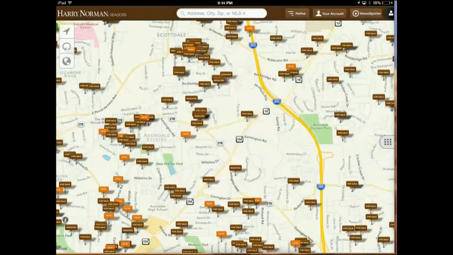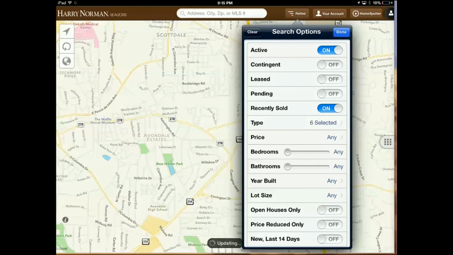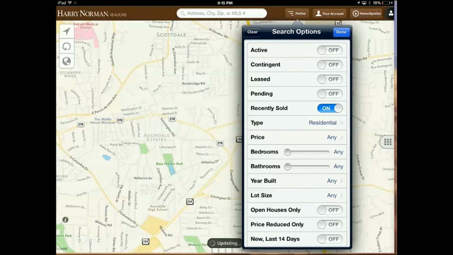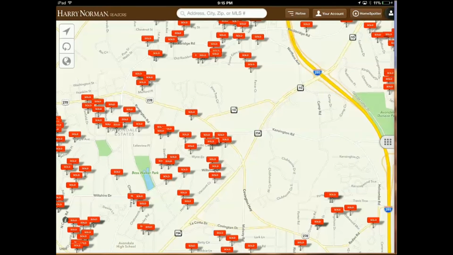Once you log in, we're going to go back to Refine, and we want to refine this information. I'll also choose Sold, and I'll take off the actives. I'm going to choose a property type, and I'll say Done, and then we'll say Done again. It tells you that the area is too large. We have to zoom in on the map, so we need to separate our fingers, and now you'll start seeing